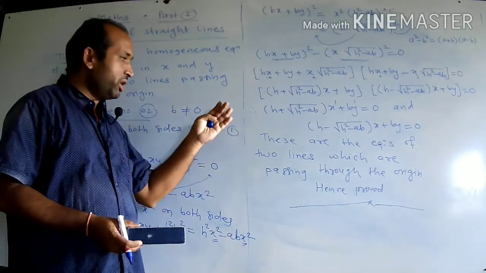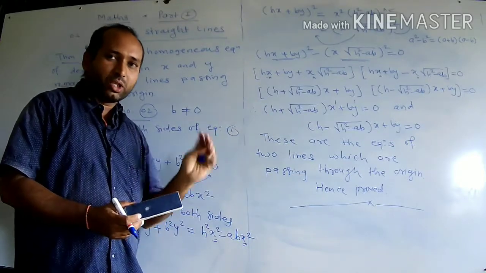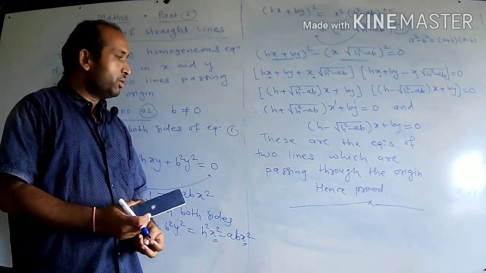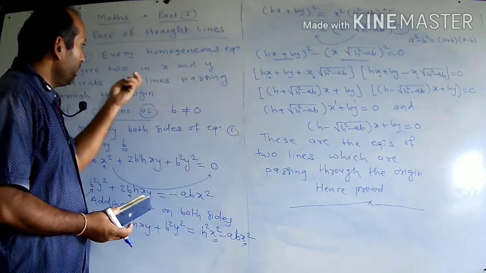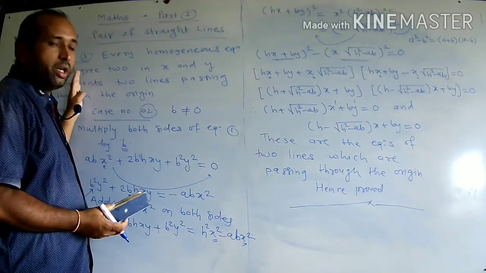That means we have proved that every homogeneous equation of degree 2 in x and y represents two lines that are passing through the origin. So in this way, in this video